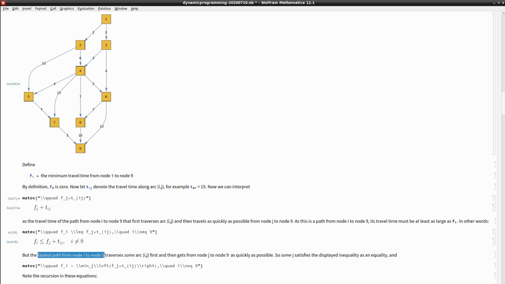But the fastest path from node i to 9 traverses some arc ij first, and then it gets from node j to node 9 as quickly as possible. So some j satisfies the displayed inequality with an equality, and in that case we have the optimum as I just mentioned. Our fi is a minimum. We just have to go over all the j, and the j are the nodes that are the end nodes after leaving i, because tij goes from i to j. Right? So when we have a fixed node, we look at all the outgoing arcs, and those are the j's, and we take the minimum for them. That makes fi the minimum, and we have a new shortest path from i to the end. And we found it by minimizing over the costs that are already minimum for all the nodes that follow i